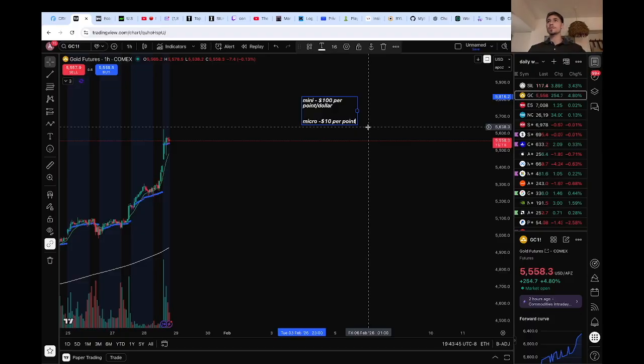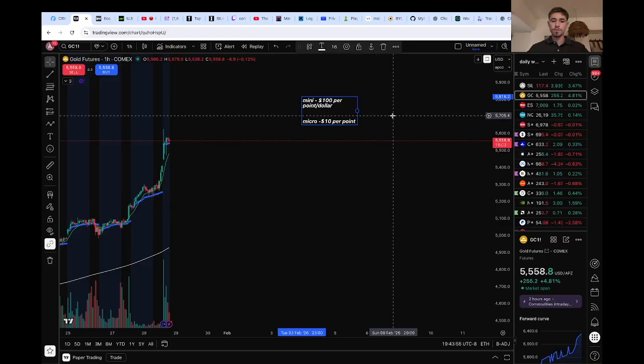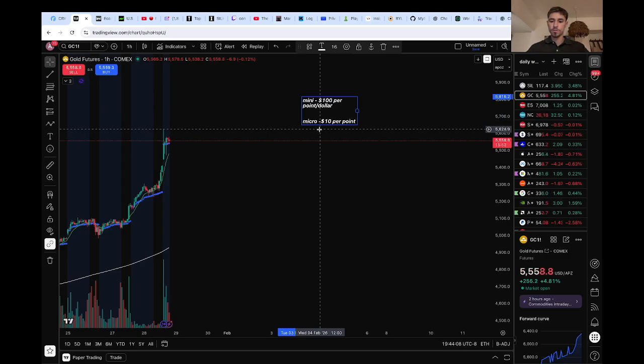Now gold is more volatile, so I'm probably risking a little bit more with gold, like 200, 300, sometimes 400, just because some of the candles are larger and so on. But for the most part, same system. Risk 2 to make 4, risk 4 to make 8. Risk 4 to make 8 is typically what I'm doing. Or you could just trade the micros and risk a little bit less. So gold has been performing very well lately. Definitely something a lot of people can take advantage of right now. These are opportunities in the current markets.